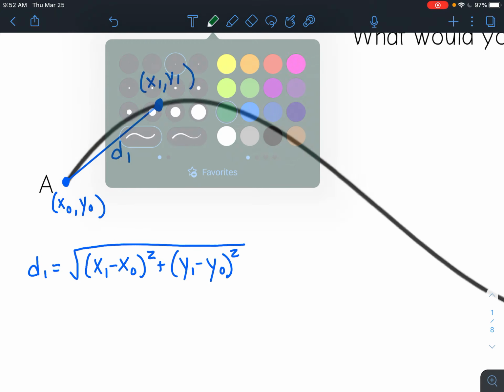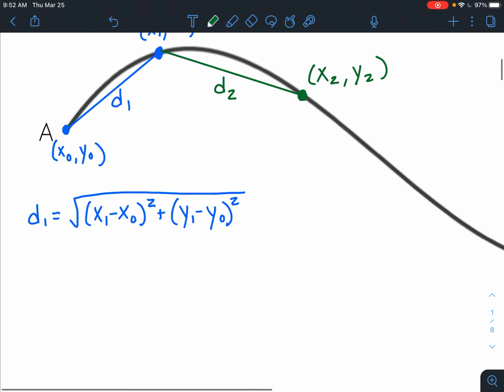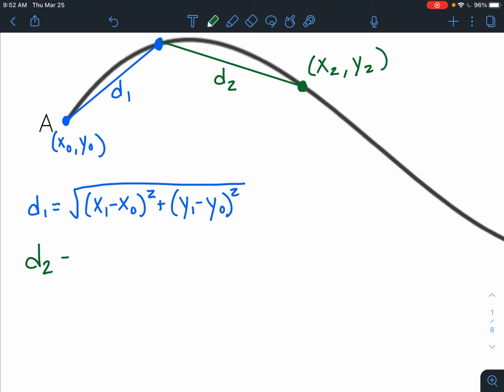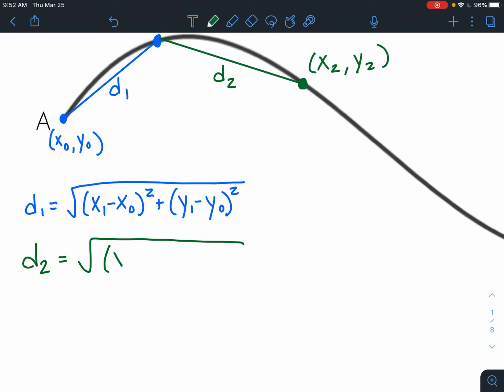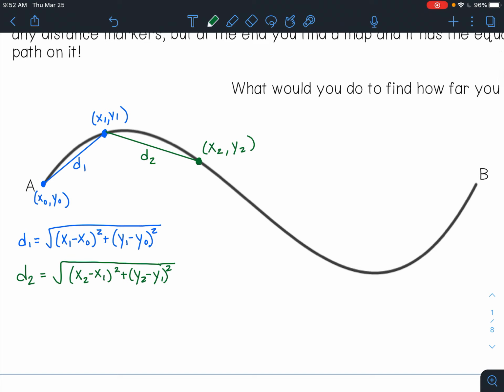Okay, so say we took another section now. So say now I go here. So I'll call this x2, y2, and this would be distance 2. So then I would have the square root of x2 minus x1 squared plus y2 minus y1 squared. And we would keep going along like that along the whole line. So say we did that for the whole thing. Then to find the total length of the line,